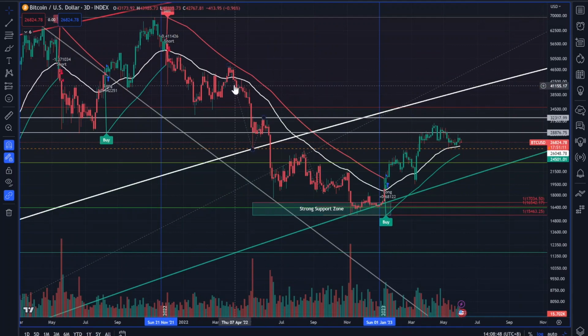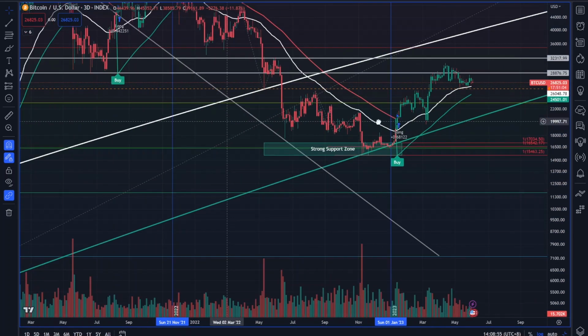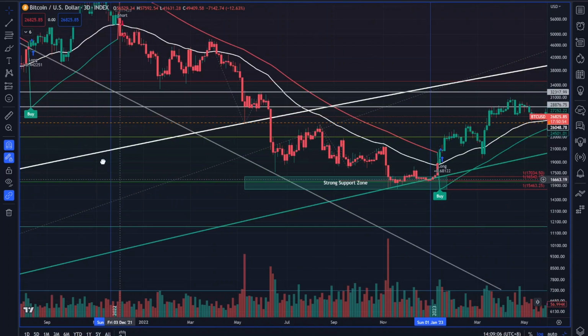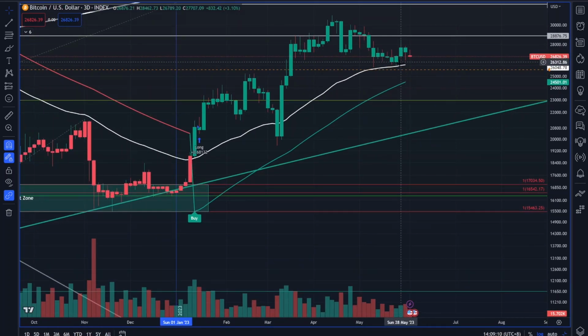It's not make or break though, because you have little fake outs like this. But again, it's just another little point of confluence to support our argument or thesis. So we're still above here. We started touching it, getting close. Are we touching the 21 smooth moving average? Yeah, we are. Look, we just touched it there and bounced off it for a small recovery,